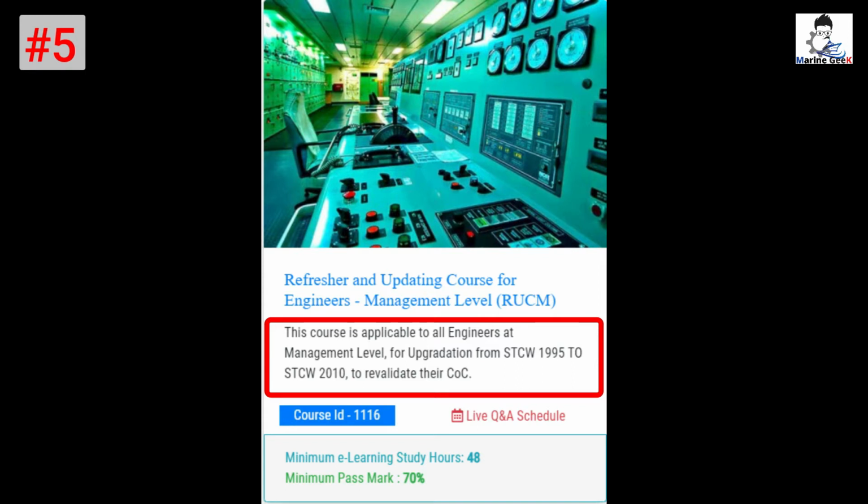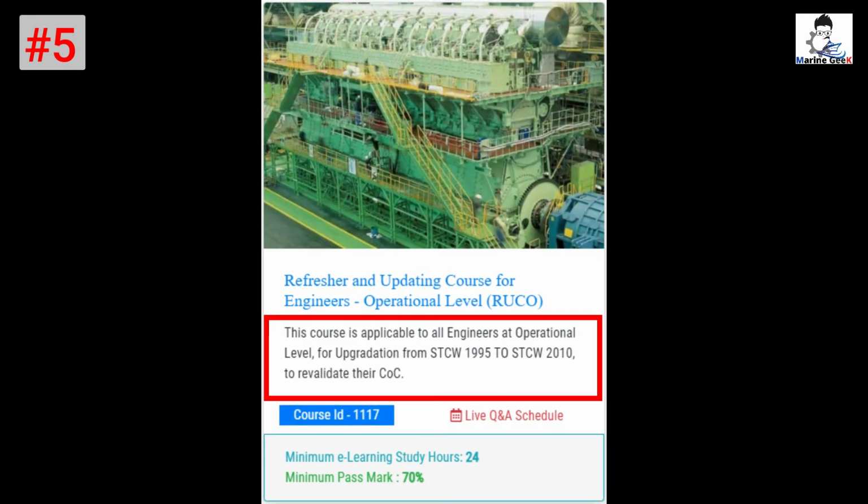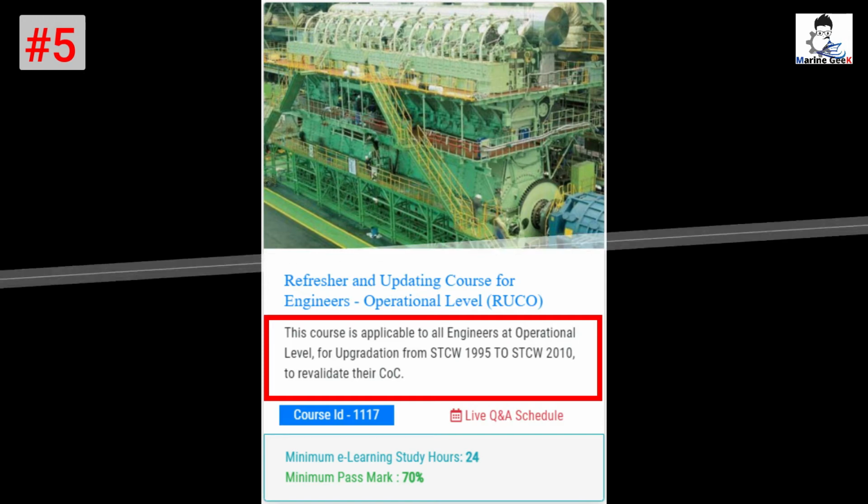Mostly technical superintendents, vessel managers who left doing shore job and now want to return back for sailing, etc. And course ID 1117 is for the operational level COC holders on STCW 95 who haven't upgraded their COC to STCW 2010. So mostly targeting the 4th engineers and 3rd engineers.